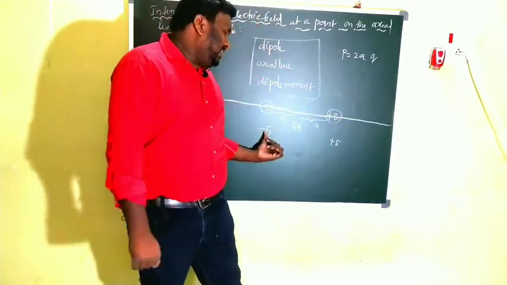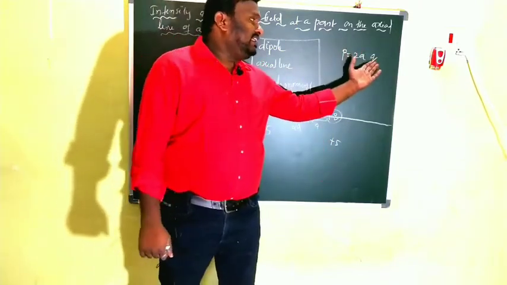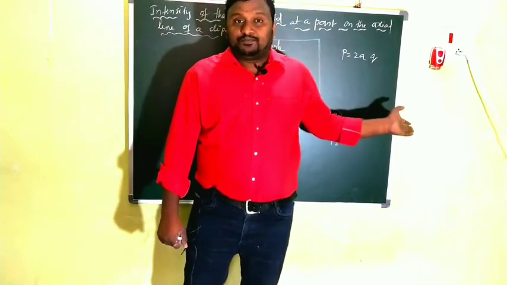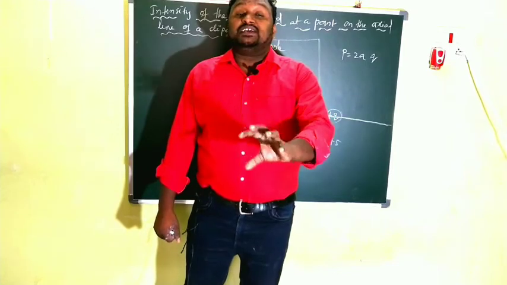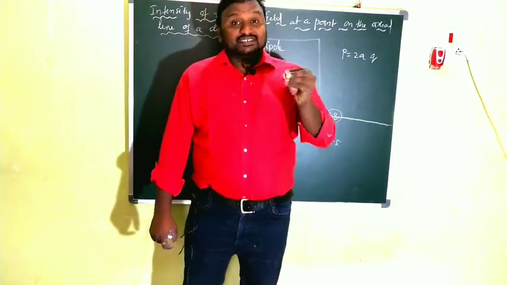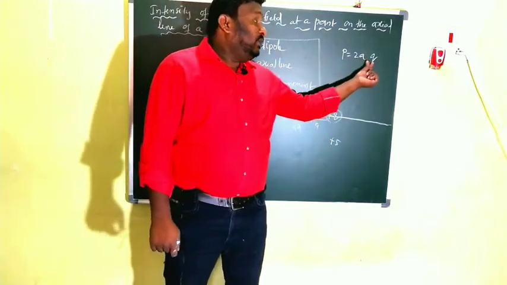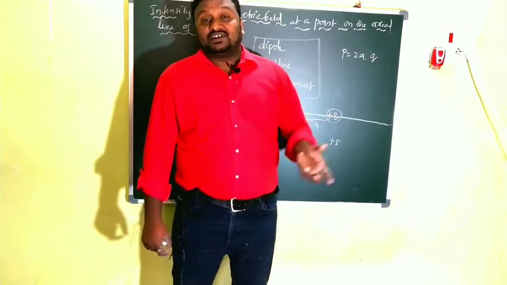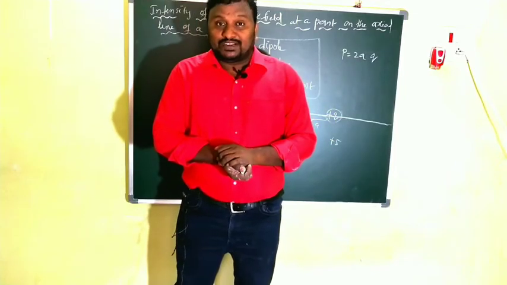That means for -5 and +5, if you take -5 we can write 5, and if you take +5 we also write 5. Q is nothing but the magnitude of charge. So the product of the dipole length and the magnitude of one of the charges is called the dipole moment.